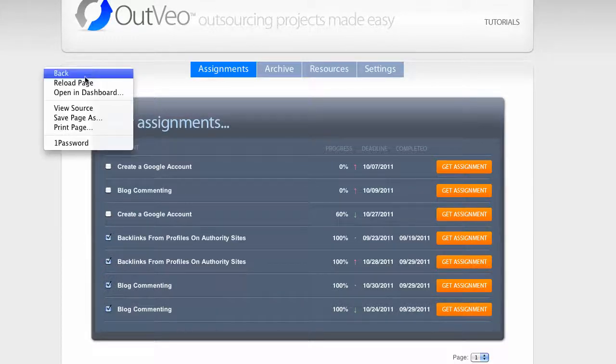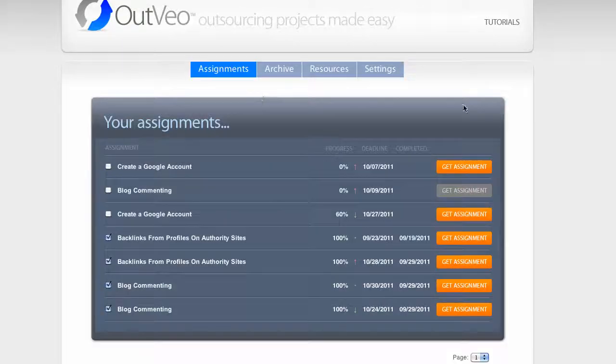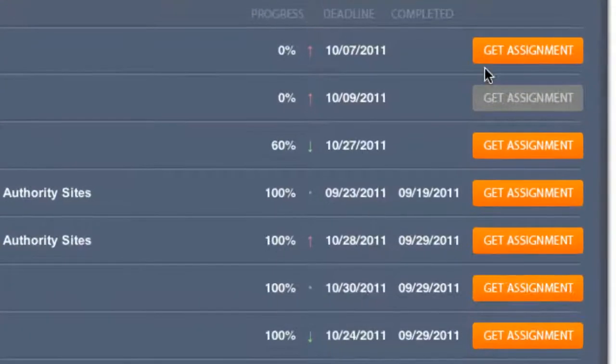So if I just reload the page, we can then see it's now in a sequential order, but you'll notice that this one here where it says 60%, they can work on because we're not locking them out of assignments they've already started. So the way that the system's set up is, if 10% or more of an assignment has been completed, and then you switch over to a sequential system, that particular assignment will still be open to that particular worker. So we're not locking them out just because you switch to things being sequential as they are